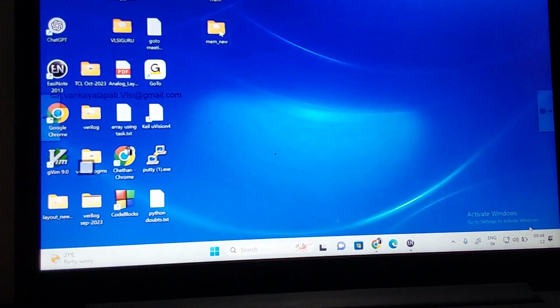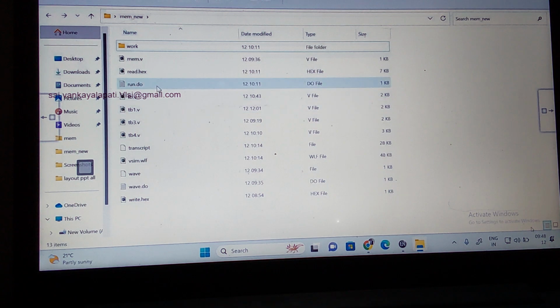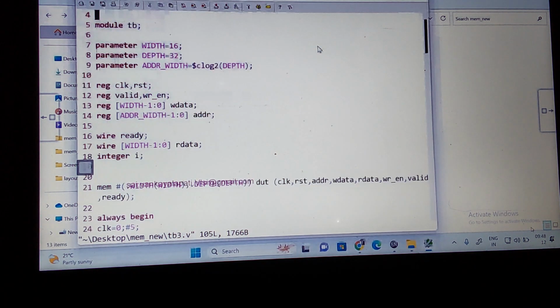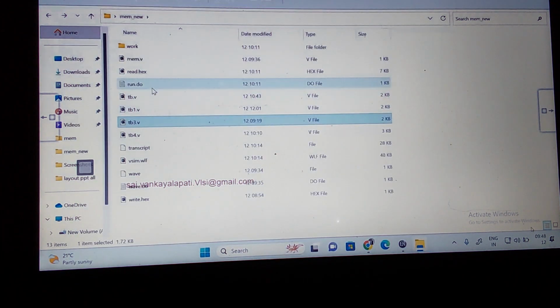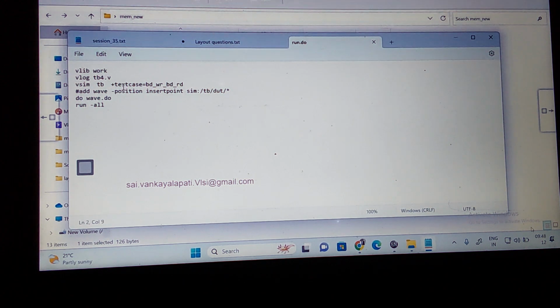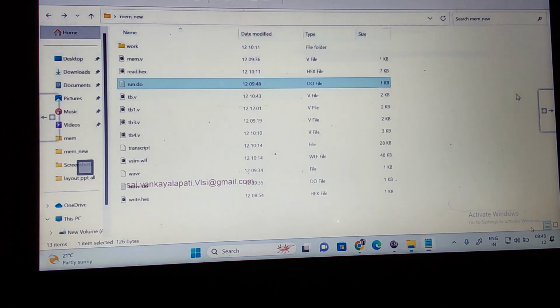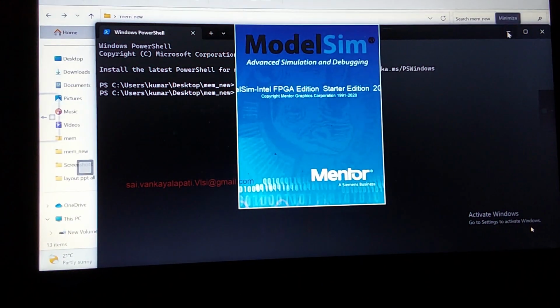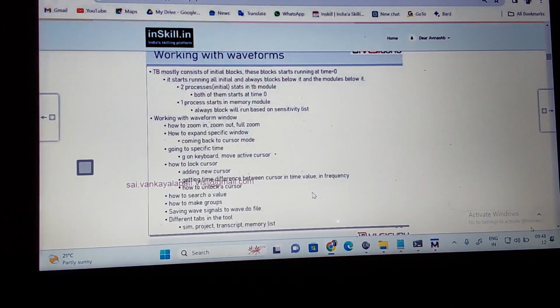Which one we talked about is the test bench. So it has run. This is the one. We are overriding the parameter, right? We override the parameter and then we saw how read is happening and how write is happening. If you analyze the waveforms in the test bench, how do you analyze them? Based upon the clock, the reset, the read write enable, the valid, and the ready signal.